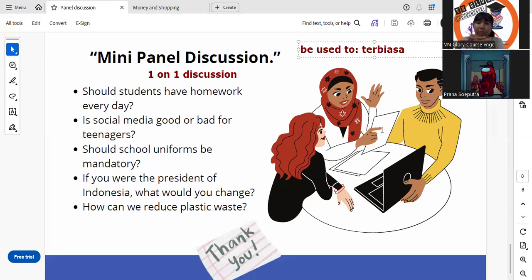In my opinion, while uniforms are designed to act as a social indicator that the students attend a specific school, my opinion is that no, they don't have to wear a specific uniform to go to school because it's just pure cosmetics. It doesn't actually benefit you or anything, and it's very high in cost sometimes. All right.